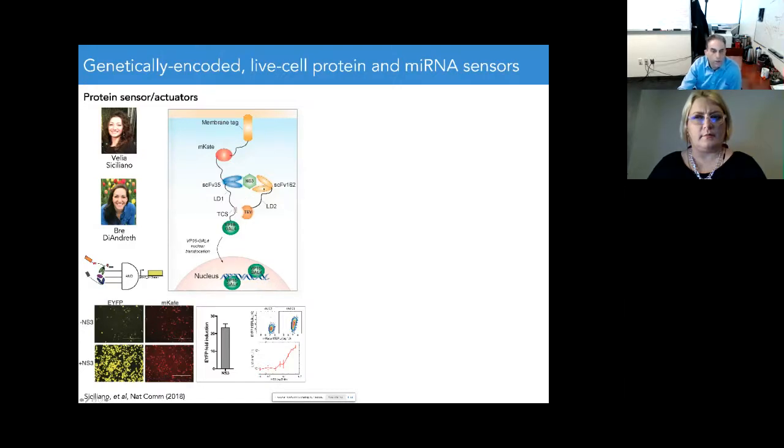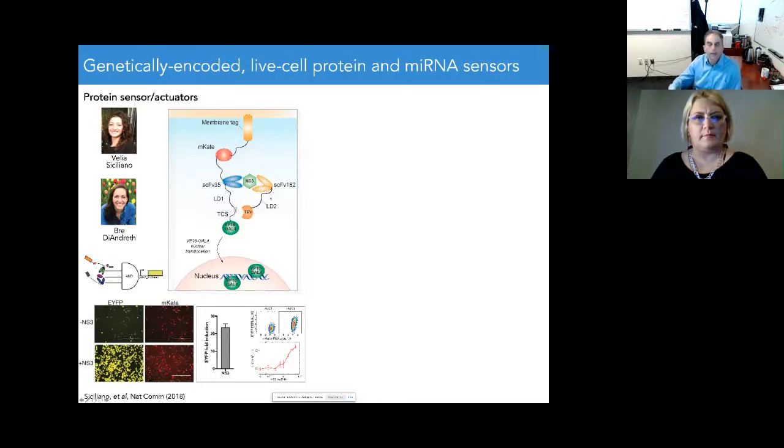Here I'm showing you the ability to sense the NS3 protein, which is a disease-related, viral protein. The notion is that when a cell gets infected, it's going to start producing NS3. Is that something we can actually sense? In order to do that, we basically created these two chimeras. One protein is fused to the membrane, and the other protein is going to be free floating in the cytoplasm.